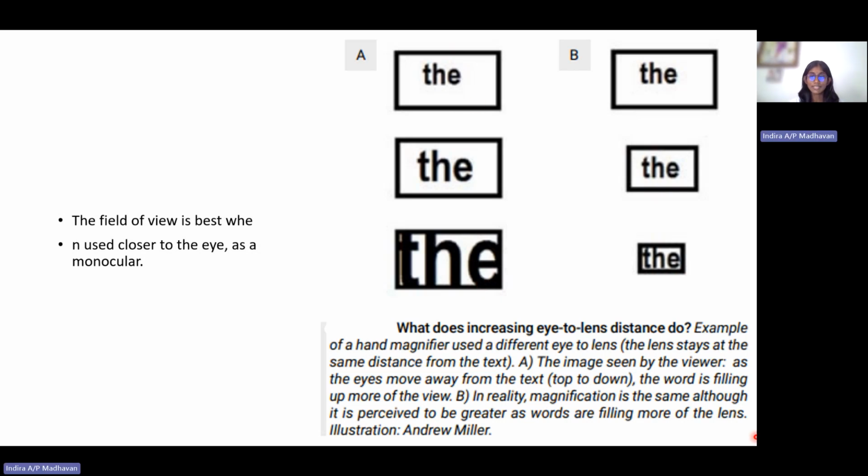But in reality, magnification is the same throughout. It is perceived to be greater as words are filling more of the lens. The size of the image is going to be the same, just that the field of view is going to be the best when it is closer. So that is what is